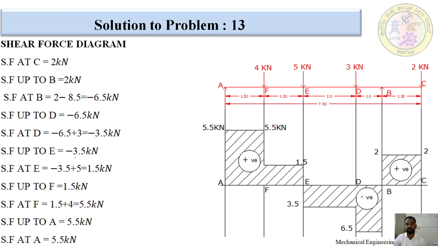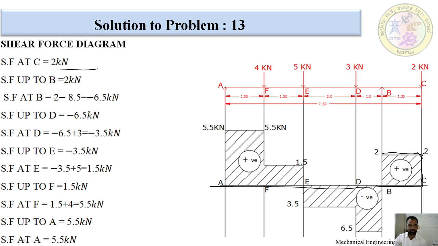After that we are going to draw the shear force diagram. I am going to draw one baseline for this. Above this is called positive. How much we got at C? Positive above the baseline. I am going to mark here and join with the baseline. There is no load between B and C. For that reason I am going to draw a horizontal line.